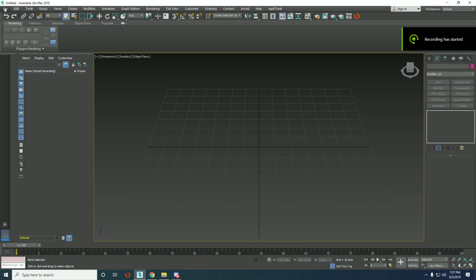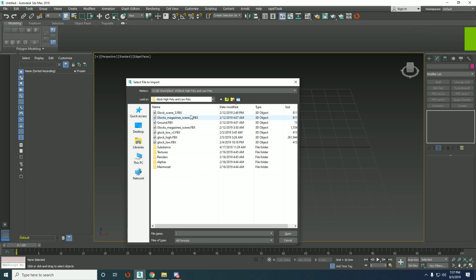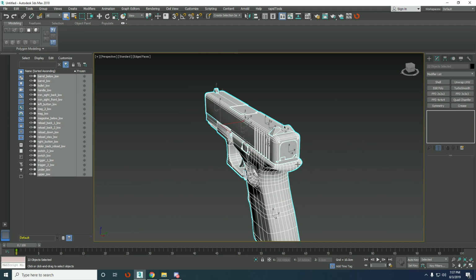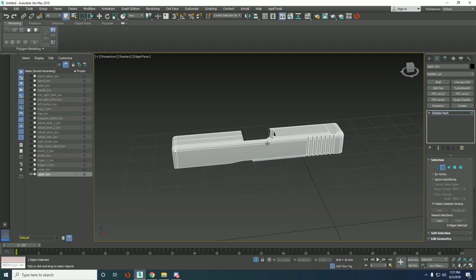Well, hello everyone, this will be mostly an unwrapping tutorial. So I'll import one of my blocks which I made a long time back. I think this one was it. Alright, so once this is imported, I'll first of all check whether my smoothing groups are okay or not, and